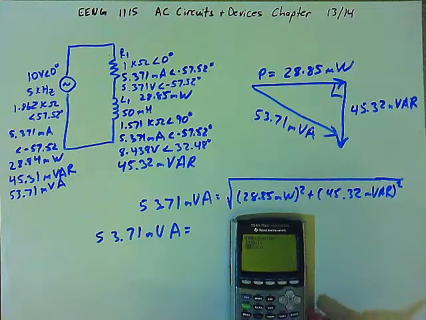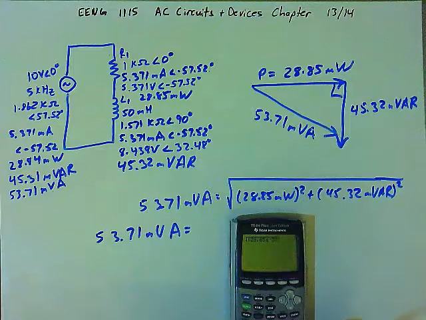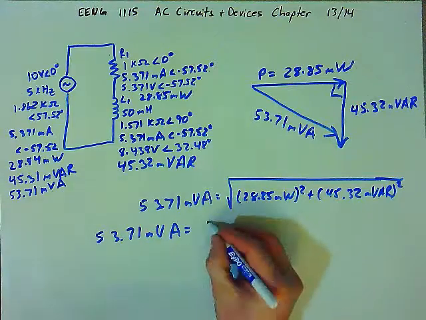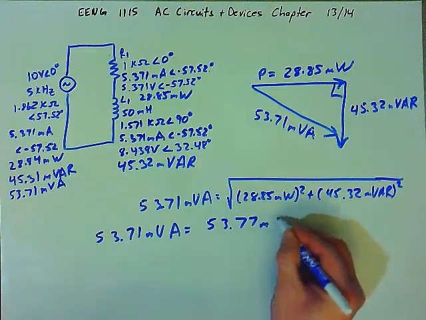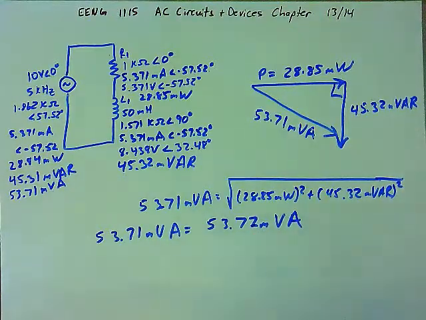Oops, made a mistake somewhere here. Let's start over. Square root of parentheses 28.85 milli squared plus 45.32 milli squared, and we get 53.72 millivolt amps. And you can see there's a slight rounding error here,